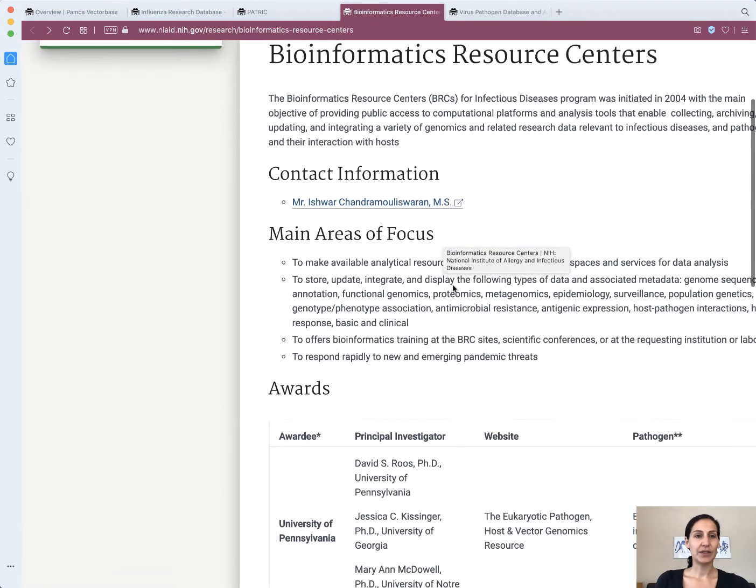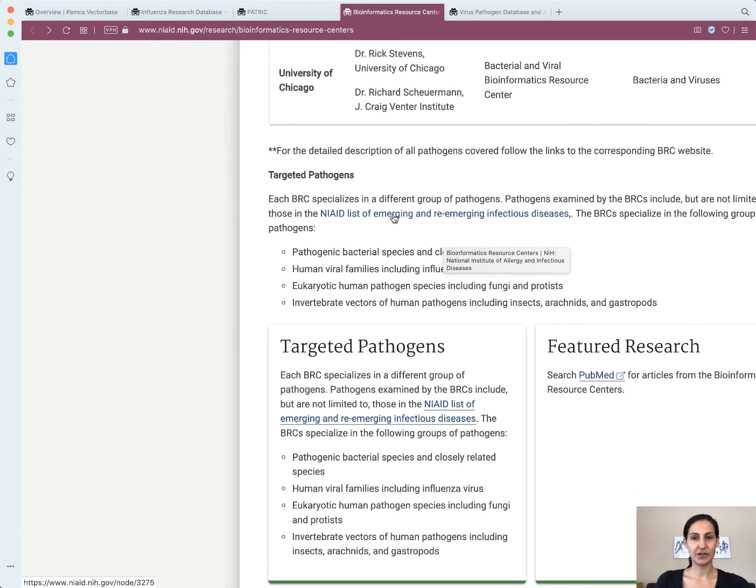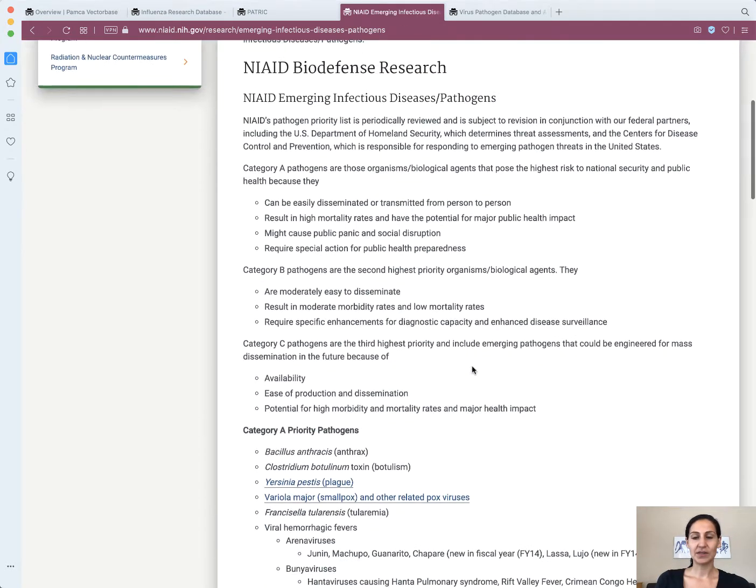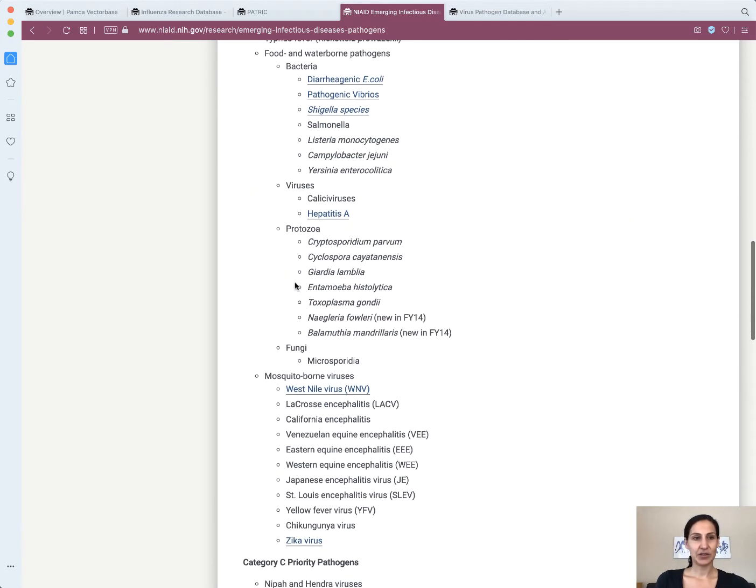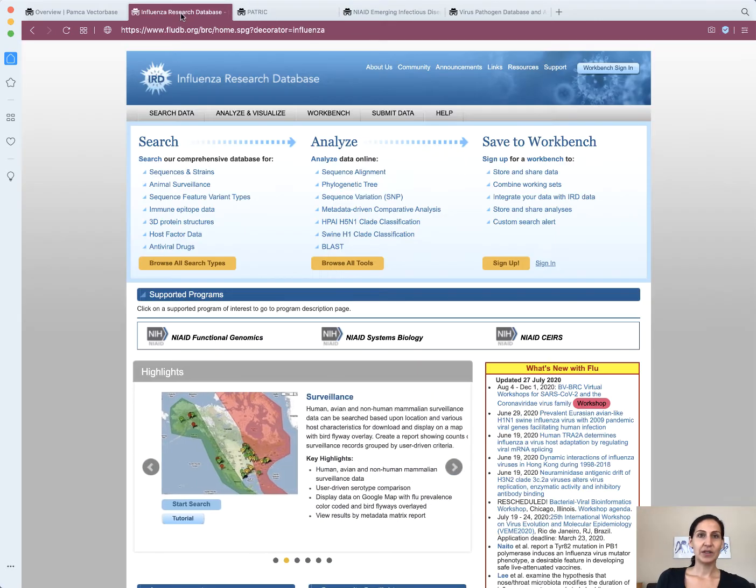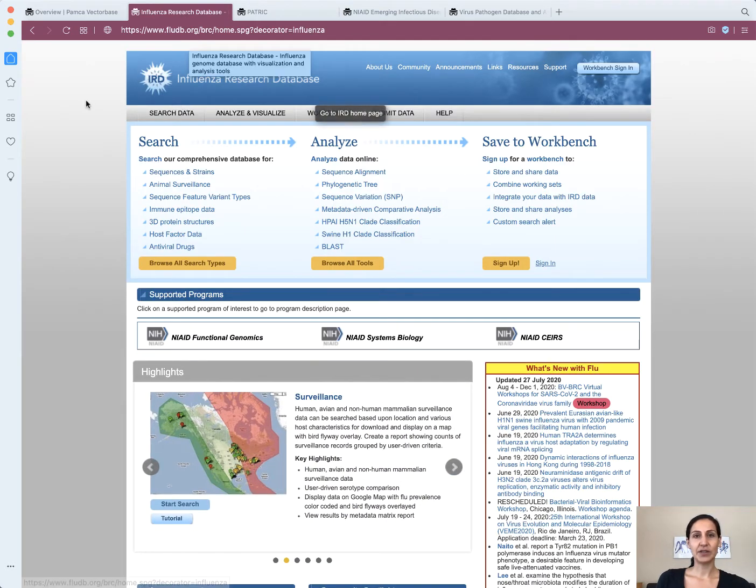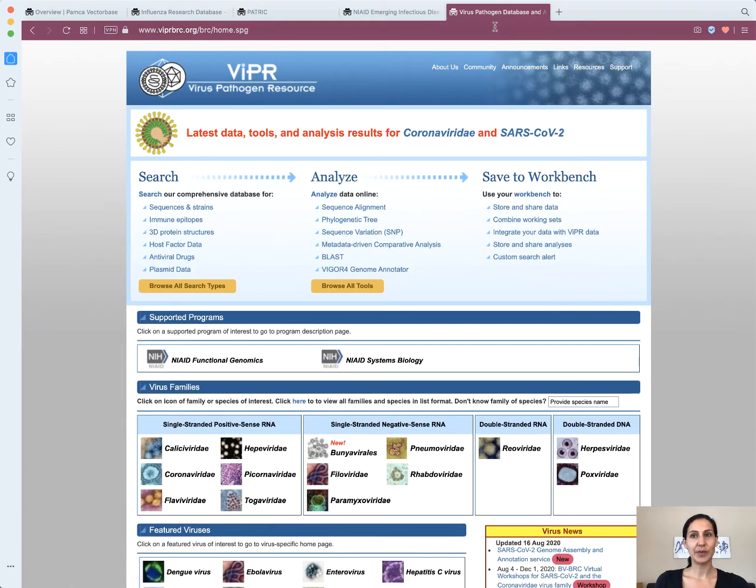And we focus mainly on the NIAID's list of emerging and re-emerging pathogens, which can be found on the BRC page if you're interested in exactly what we look at. And these cover mainly category A through C pathogens. Our partners at the Epitope Database focus on bacterial pathogens, whereas we focus on viruses, including a website dedicated specifically to studying influenza virus, the Influenza Research Database at fludb.org, and our Virus Pathogen Resource Database, which looks at multiple